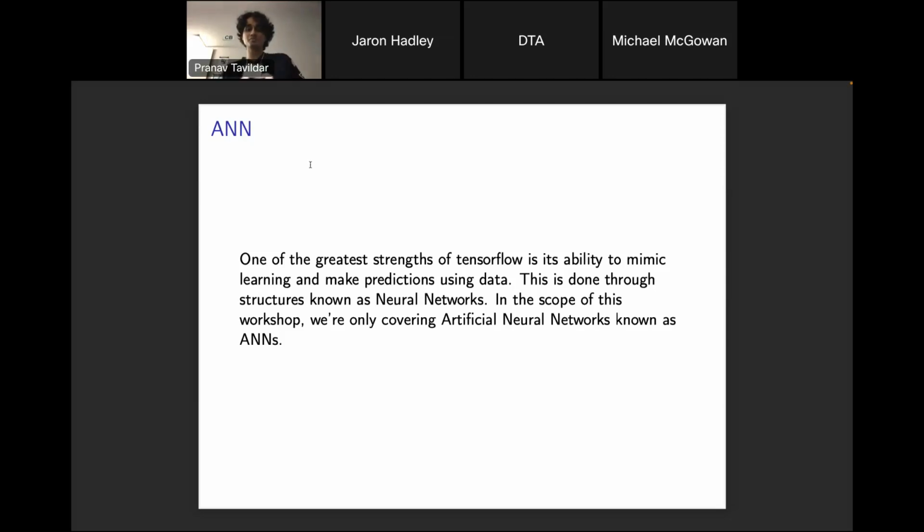So has anyone here ever taken any P&B courses? Cool. So basically there's an actual thing in your brain called neurons, and there are systems of neurons, right? Yes. So in the scope of the workshop, we're going to be covering ANNs, which are known as artificial neural networks. It's called artificial because it's not an organic neural network like the one in your brain, but it's something where we can make the machine itself mimic a brain in that sense.